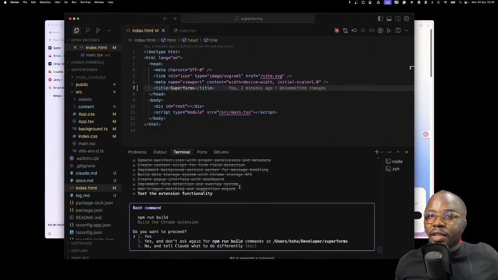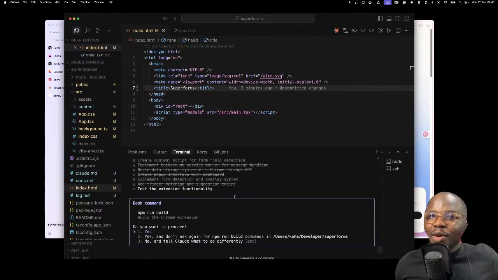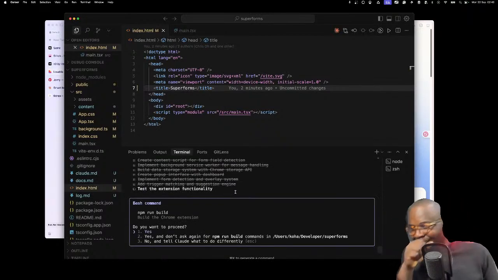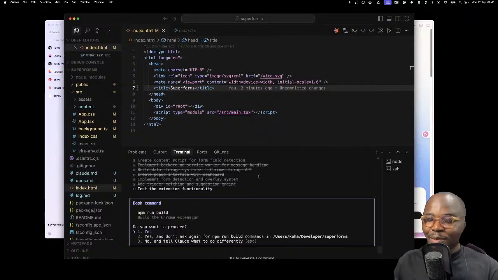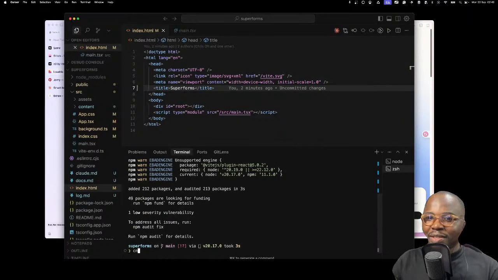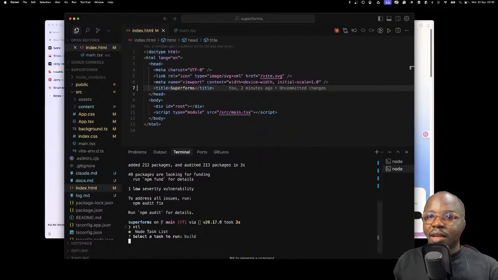Let's see what our agent has done. Okay. So our agent has gone ahead and done the entire thing. 2:43. I said I'm gonna do it in 1 hour. So I said 2:45, but let's just see what happens. So I'm gonna build this now. You say I should build NTL. I'm gonna run build.